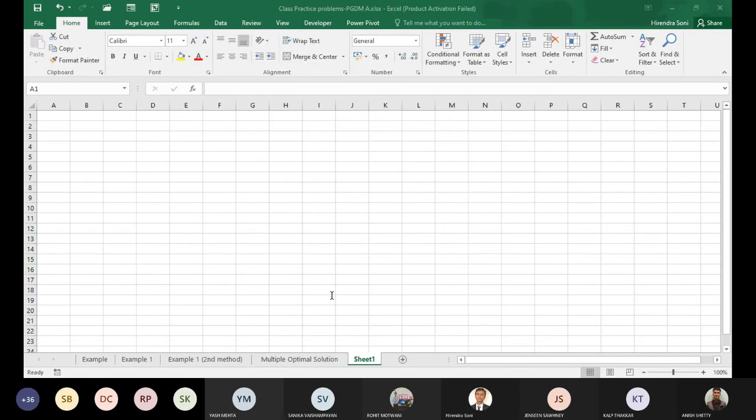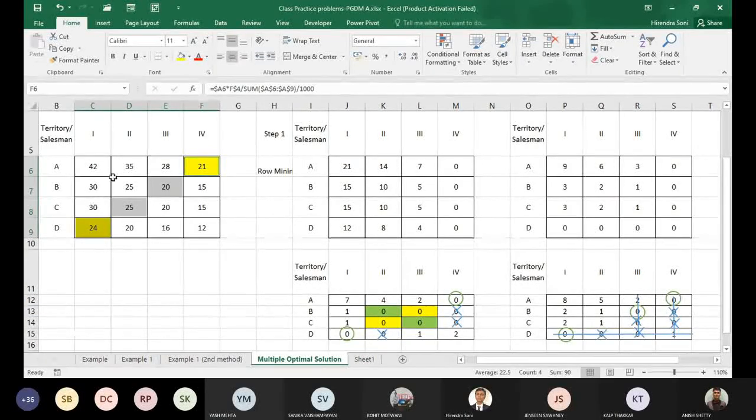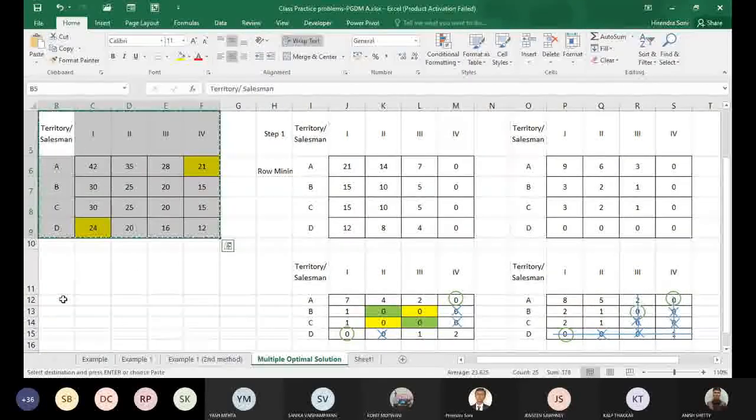The second way is, I will just share the screen. Already shared. One minute. You have that PDF file which I have shared with you, right? Yes, sir. All the questions are given in it, so please keep on referring to that. That is what we are going to look at. Let me go back to this and multiple optimal solution. Here, I will have to correct my first mistake. What we'll have to do is